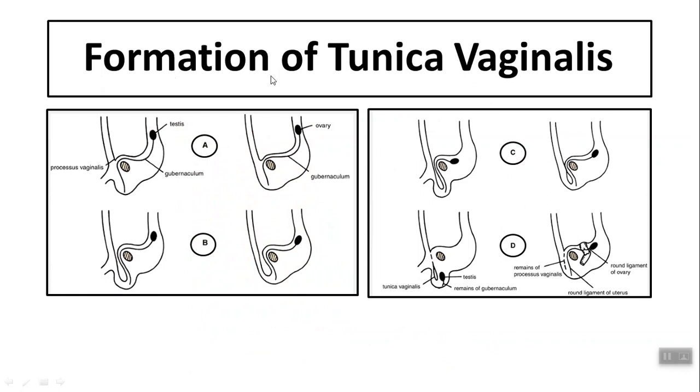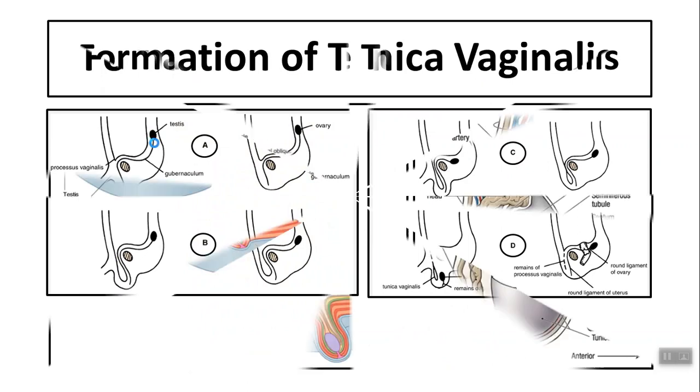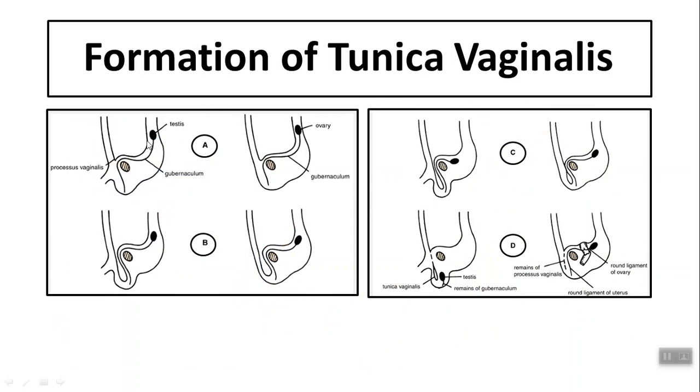How is the tunica vaginalis formed? Formation of the tunica vaginalis, as we said, the testis has its original position in the lumbar region on the back. With further growth, it descends down through the lower part of the abdomen to its final destination in the scrotum. As it descends down, it will drag with it a pouch of peritoneum,